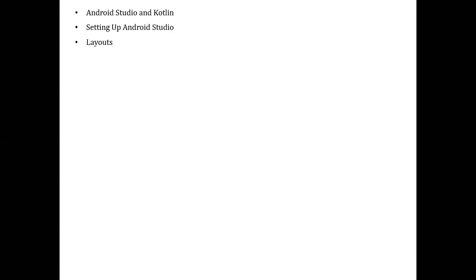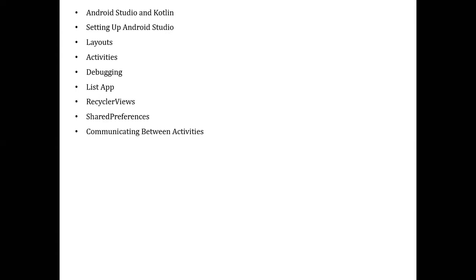Then we'll be looking at what are different layouts, how to create those layouts by using Android Studio and the Kotlin programming language, how to manage activities, then how to debug your code using Android Studio and Kotlin. Then we'll be developing some list applications, then what the recycler views are, then what are the shared preferences, communicating between different activities, then completing a detailed view, then what are fragments, how